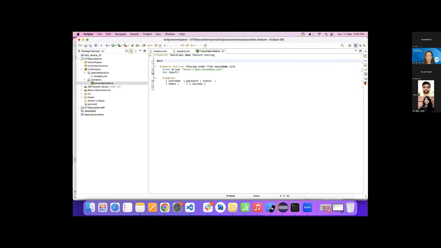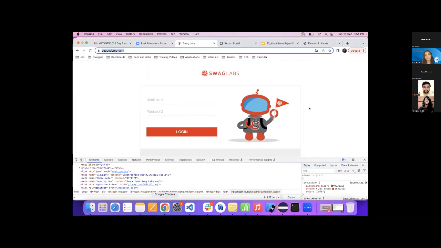So we will create a background. Rajni, it doesn't need any driver initialization sort of things. Basically what happens in Karate when we are working on Chrome, as you might have seen in the earlier script that Kunal has shared, it doesn't really require it. It will pick from the default location where our Chrome gets installed on Mac and on Windows as well. So it defaults to picking this one.